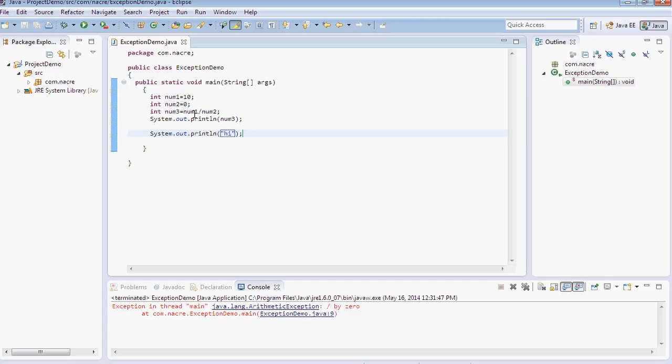The information about that exception we are getting from the default exception handler that is provided by the JVM, and our program abnormally terminated at this line number, num3 is equal to num1 by num2, and we didn't handle that exception. Because of that, this hi statement is not printed. Let's take a try and catch block and check what is the difference between these two programs.